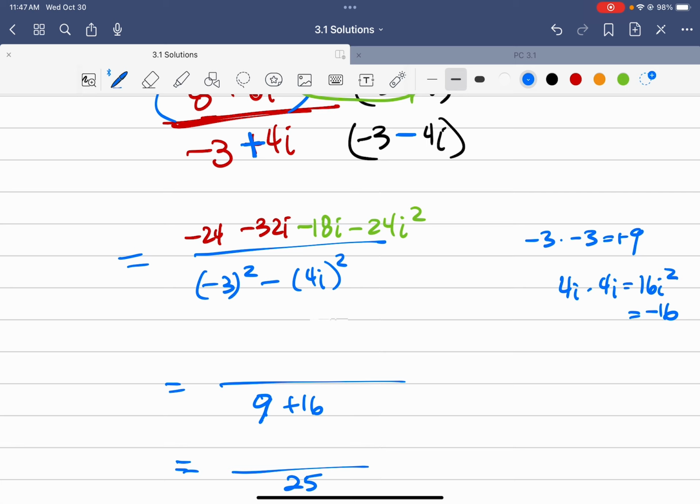And on top, this is just a positive 24 right here. So positive 24 and negative 24 actually cancel each other out. And I get negative 32i minus 18i, which is negative 50i on top. And so that's just negative